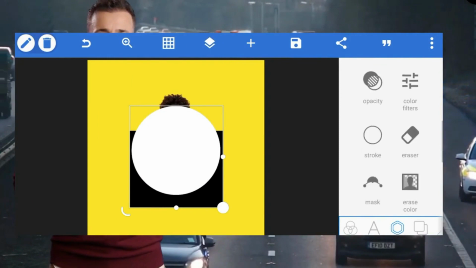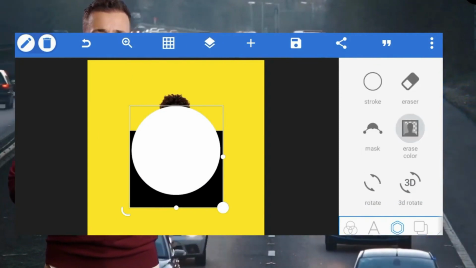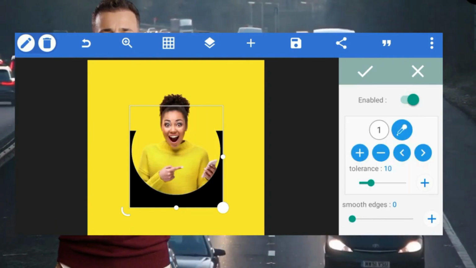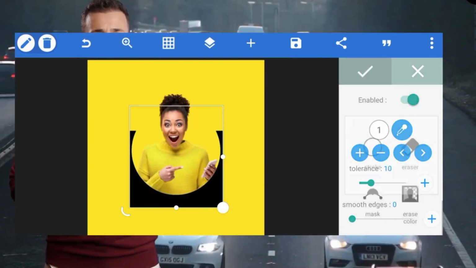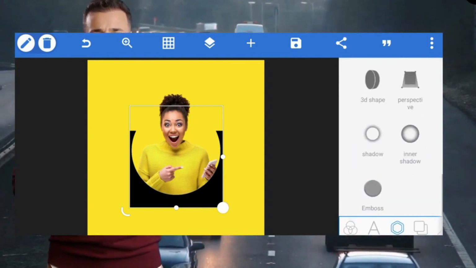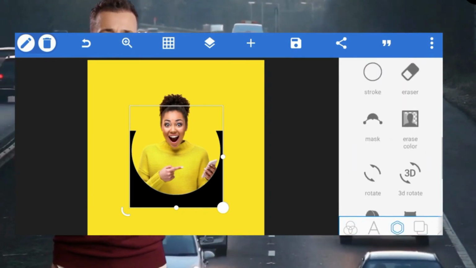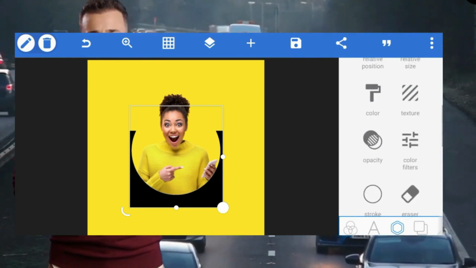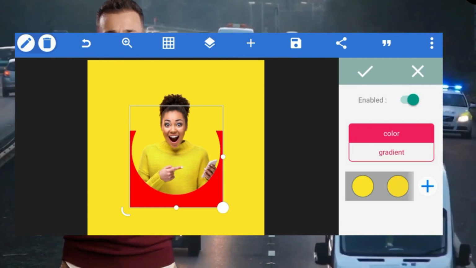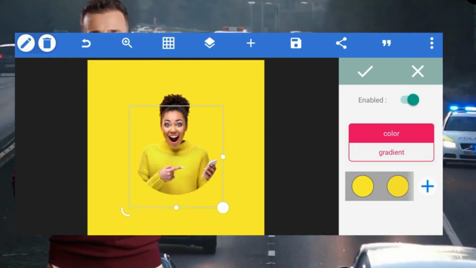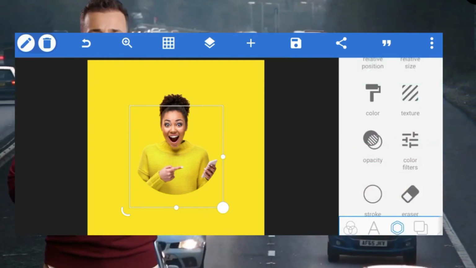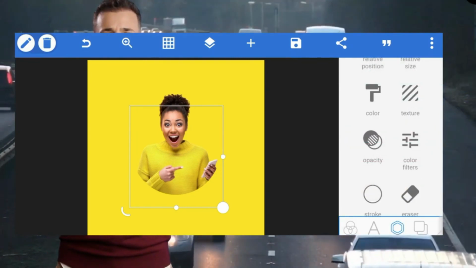Then I will go to erase color. We'll erase the color, enable it to erase the color. Using it. Then I will change the black shape right now to the same color as the background, which is yellow. Press OK. And the next thing we're going to do is to go back to this place